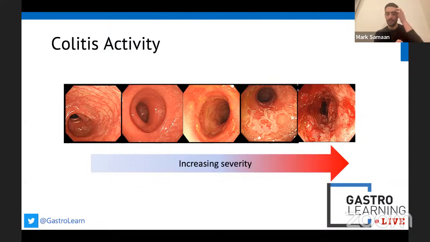I think if someone's got acute severe colitis, they come down to your list for assessment of UC. Don't do a full colonoscopy on them and try to use minimal insufflation. If someone is not in that situation, but you're seeing Mayo 3, and we'll come on to what the Mayo score is, or severe colitis based on the Mayo score, you don't necessarily have to pull out at that moment for risk of